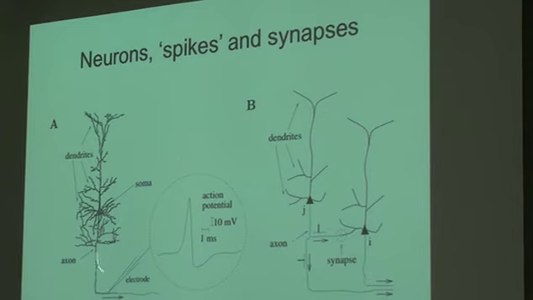For example, we know now that once an action potential travels down the axon, it also gets back propagated. This could lead to a nonlinear interaction between the input coming here and the output of the neuron itself that was induced by the inputs. Is that known to be important? Yeah, for example,